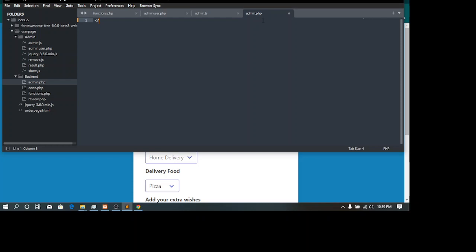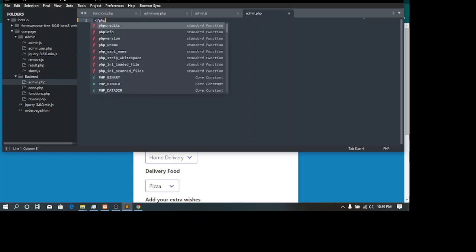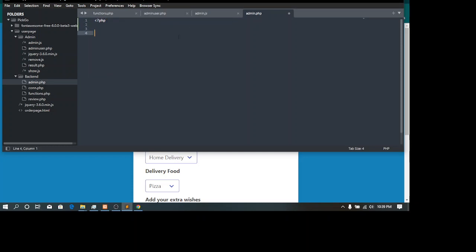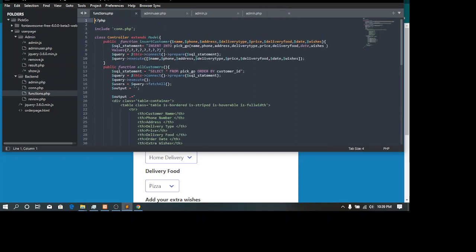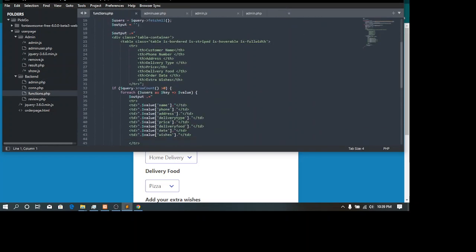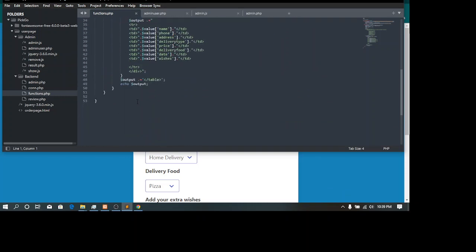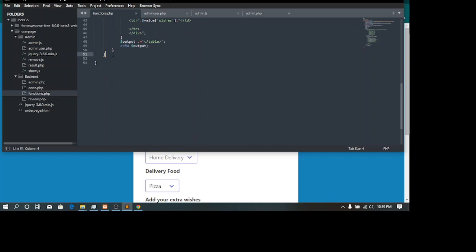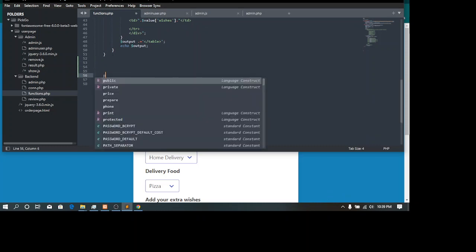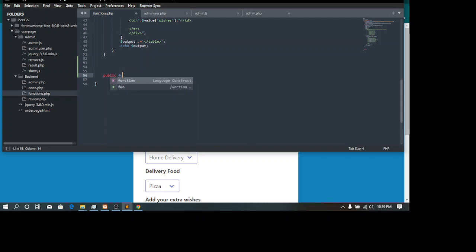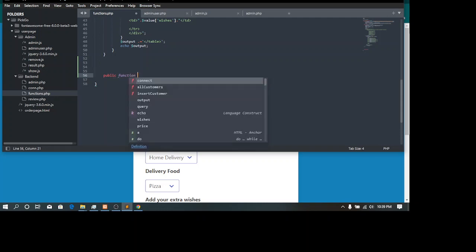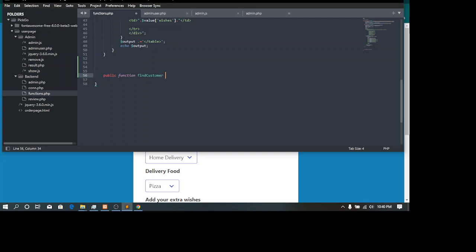Now before we work on this admin, we need to go and work on our controller here. So we're just going to come down the controller like this, come down there, define another method, say you'll be defined customer.